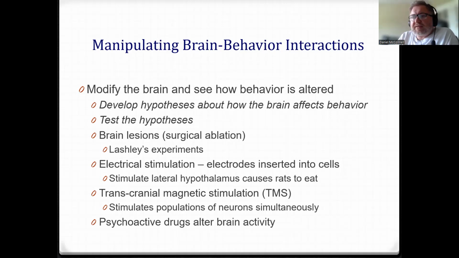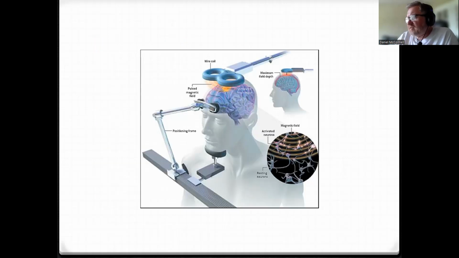Now, if we want to be a little less invasive, one other thing that we can do is to trigger action potentials in neurons using a large magnet. So this is called transcranial magnetic stimulation. This is another picture that I've been kind of skipping over back and forth here. So here what you see is this kind of number 8 shaped coil. It's two magnetic coils that are placed over the brain. And as electrical current is passed through them, they emit a magnetic field, an electromagnetic field. And once a person's head is placed in the right location and these coils are oriented in the right location, you can focus this magnetic field to specific depths in the brain,